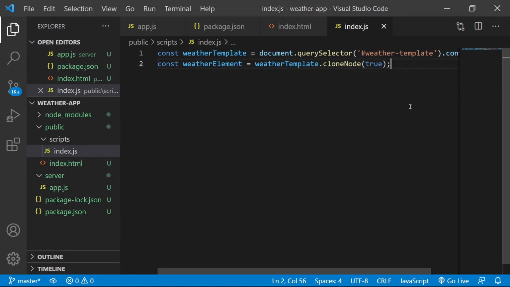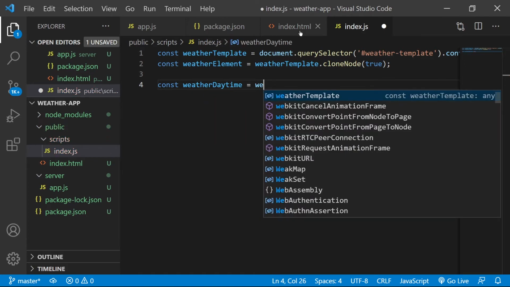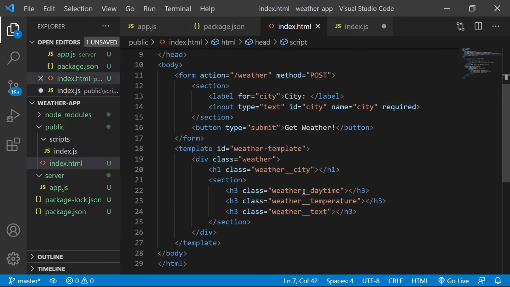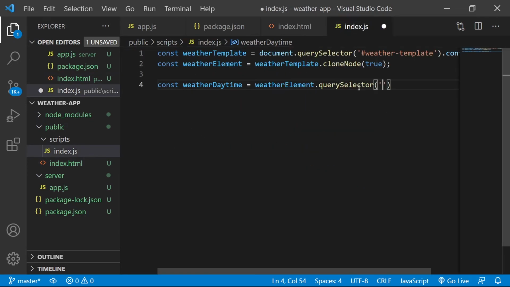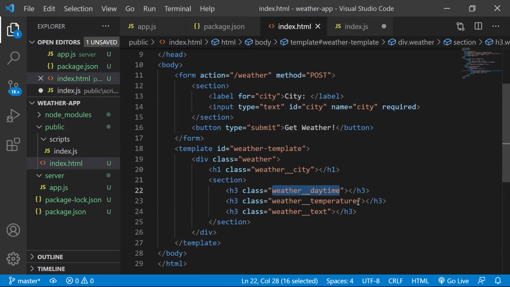Okay, start with that. And now let's get our const weather daytime is weather element query selector. Let's make sure we have weather daytime. I'll just copy it. Let's do weather temperature.